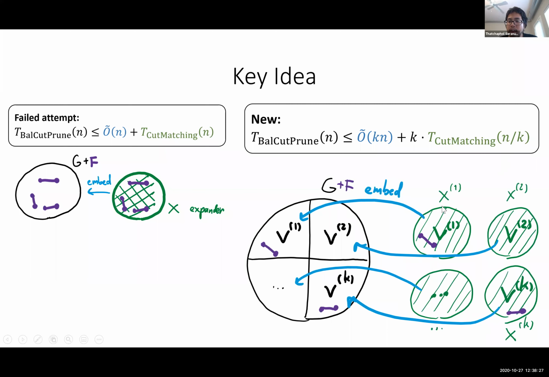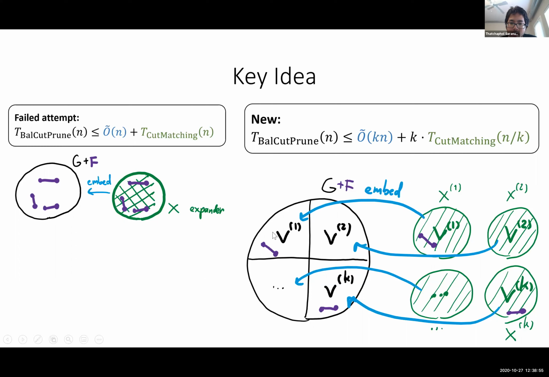It means that in each round in the cut matching game, you try to find k bisections, one in each of the X here. The total time to do that is to call k many cut matching games in smaller graphs. Once you have a bisection in each X,